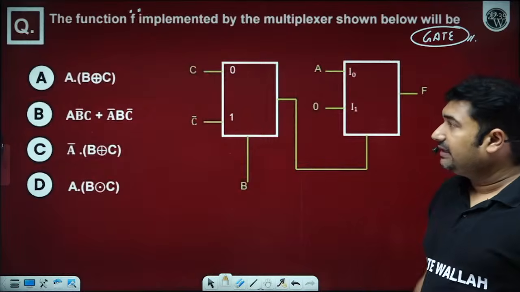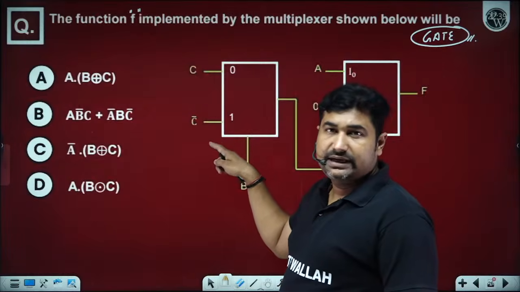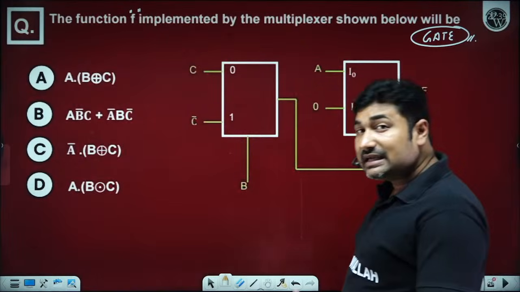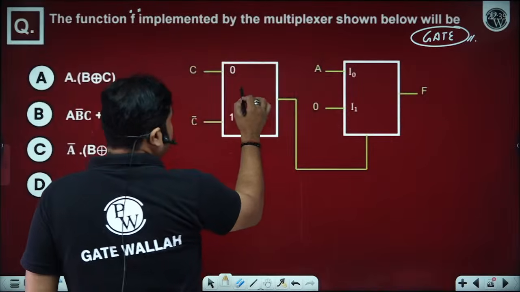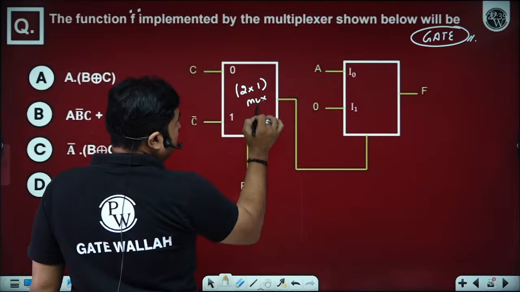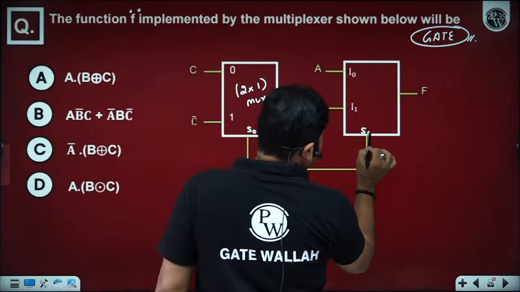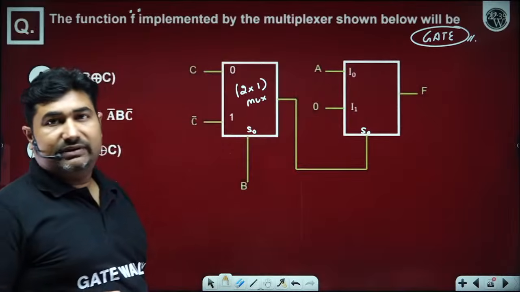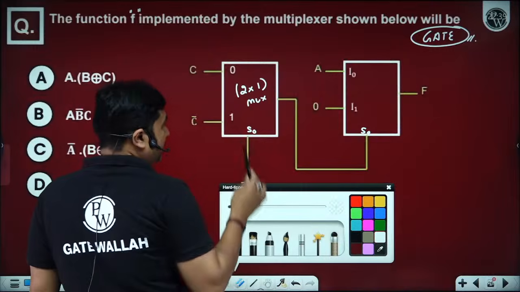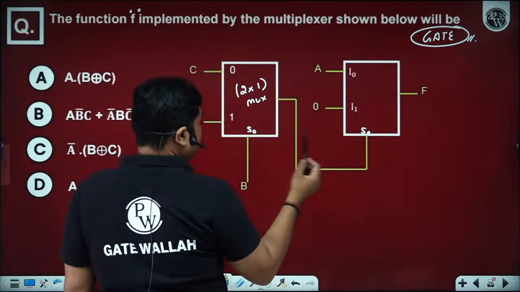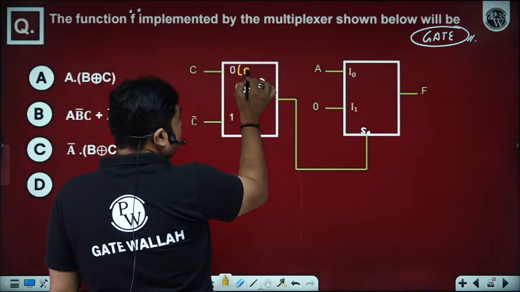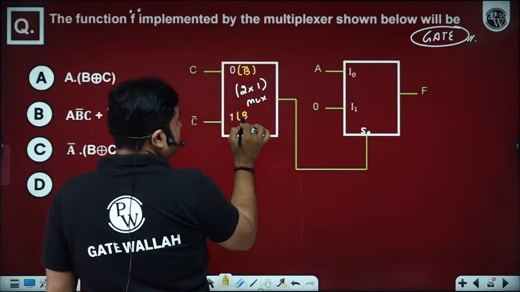Definitely this is a select line because 0, 1 is given here, and we all know what 0 and 1 are. Here they have represented I0, I1 inside the multiplexer, which they have mentioned as a 1 cross 2 mux. If logic level 0 or 1 is given, it means those are I0, I1. And here we have C and C bar. Because of the select line action, the function available here is B bar and the function available here is B.